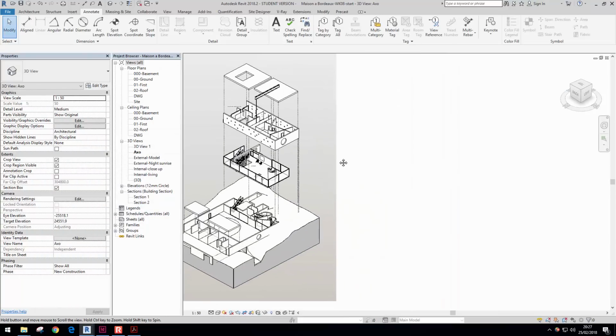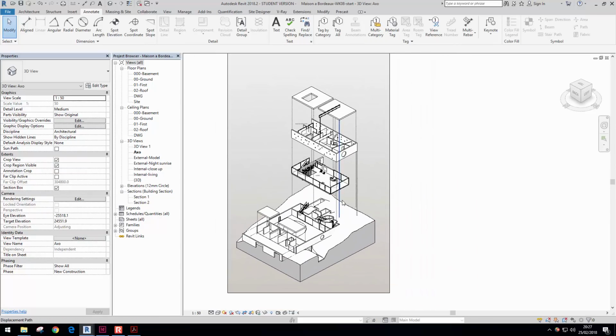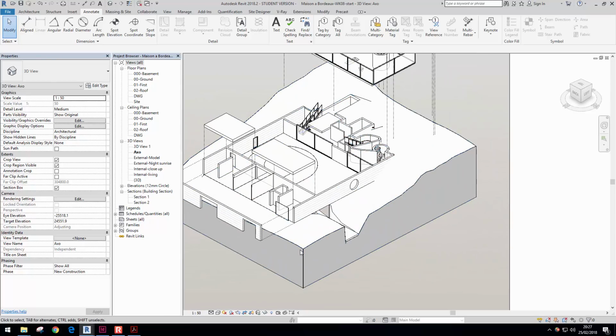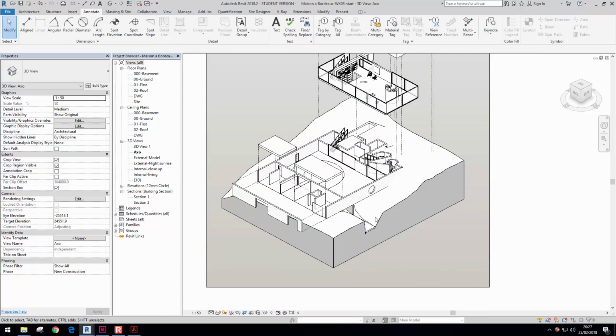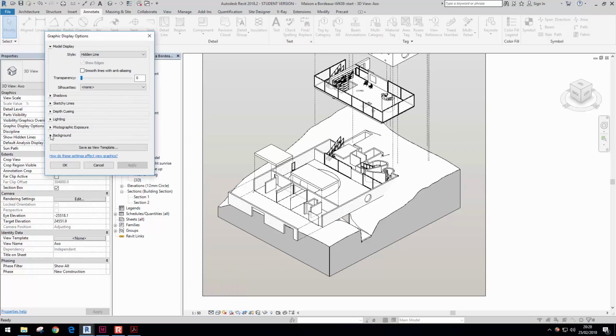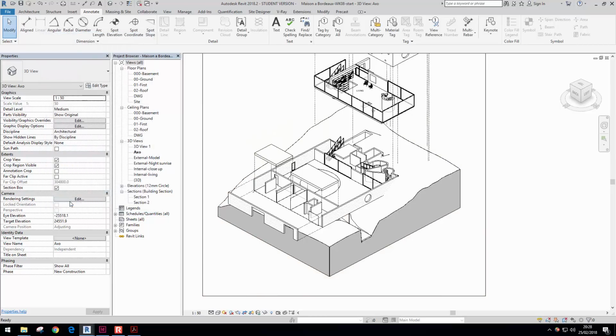So if we open up our drawing, once you've finished adding in your labels, etc., you cannot export it as a PDF, you will have to print it as a PDF. Because you've got solid bits of colour here, if you do it as a PDF and want to take it into Illustrator, it won't export it as a vector, so you won't be able to make alterations to the lines. So what you need to do is just switch off the background image. So rather than gradient, you click on none,